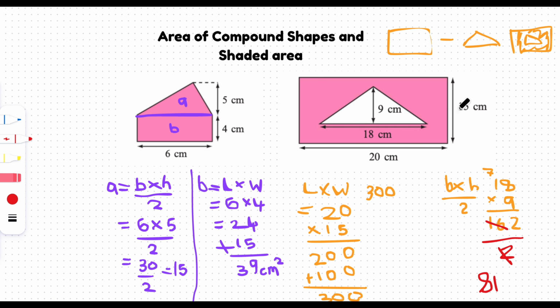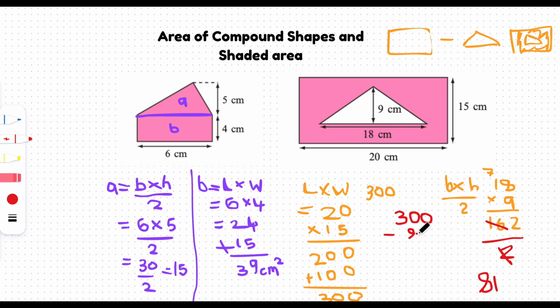But remember, we're looking for the area of the shaded area. So we found the area of the rectangle, which is 300. We found the area of the triangle, which is 81. Now we need to remove so that we find the pink area. So 300, I'll just write it here. 300